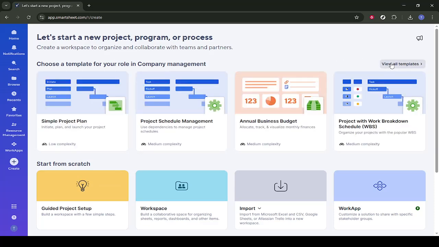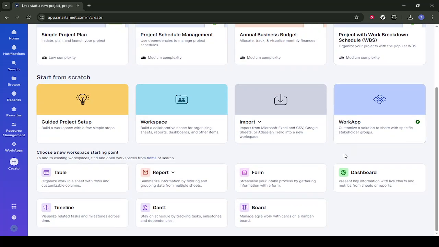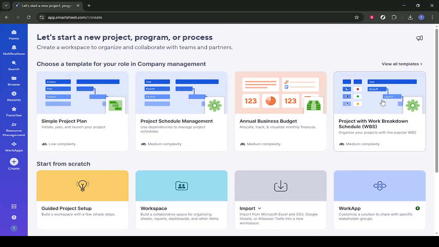In that menu, choose the option that opens the creation window with templates. If you see a prompt or highlighted area that lets you explore templates, go ahead and click it. This will bring you into the template gallery, which is the fastest way to set up a budget tracker without